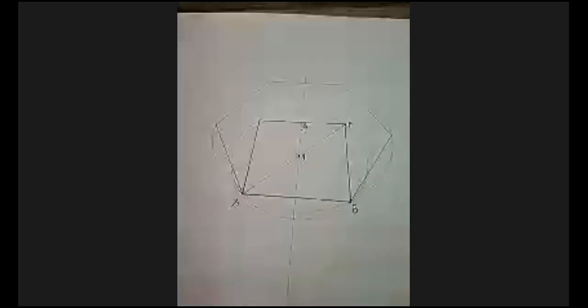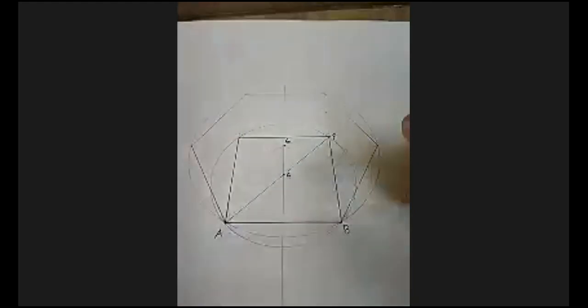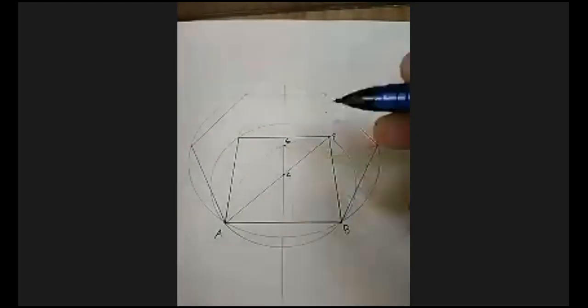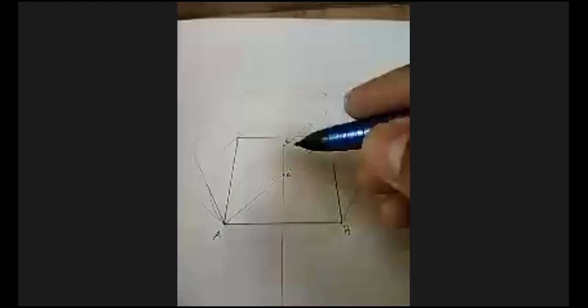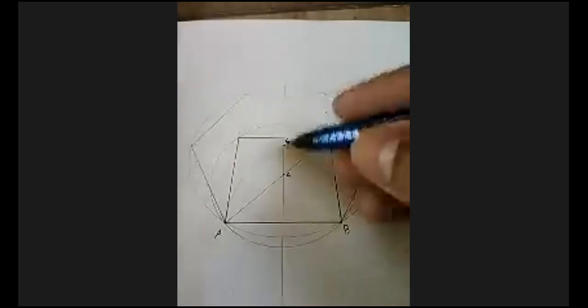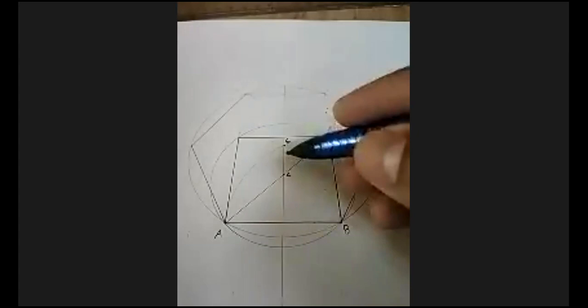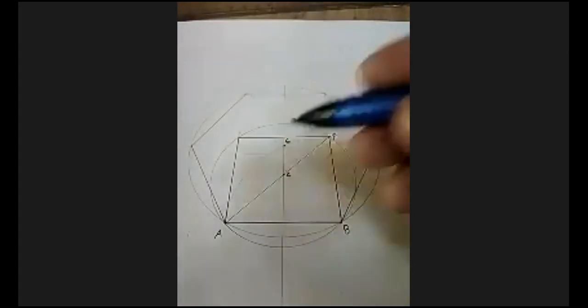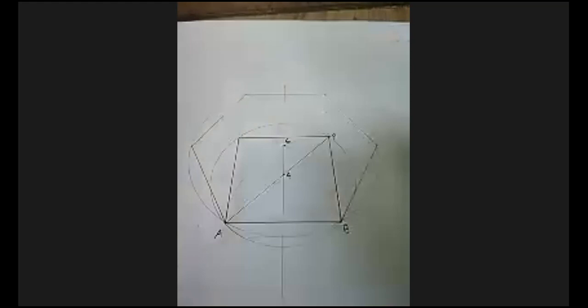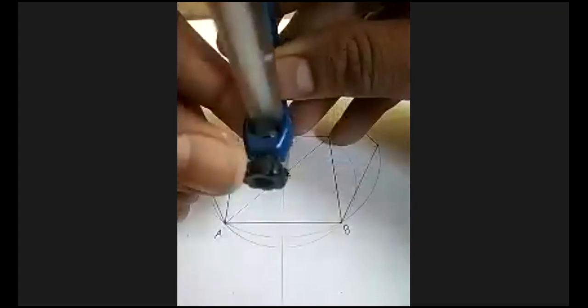Got it? Can you see my hexagon? Yes, sir. Okay. Now what about pentagon? Pentagon means how many sides? 5 sides. Fine. So we require point number 5. Where we will get point number 5? That is the midpoint of this 4, 6. Exactly at center of 4 and 6.